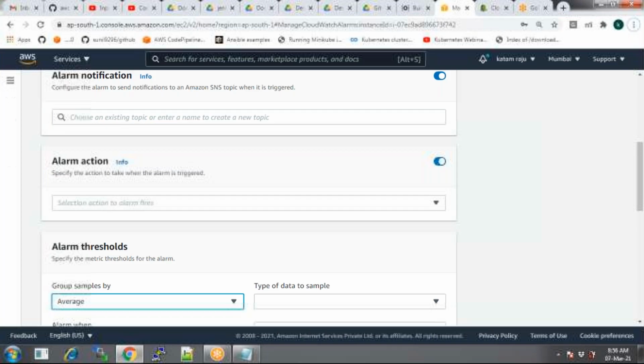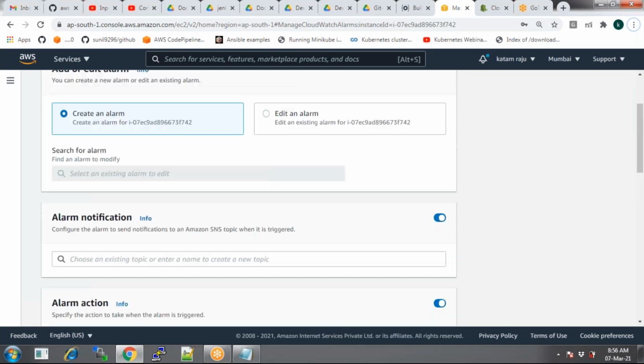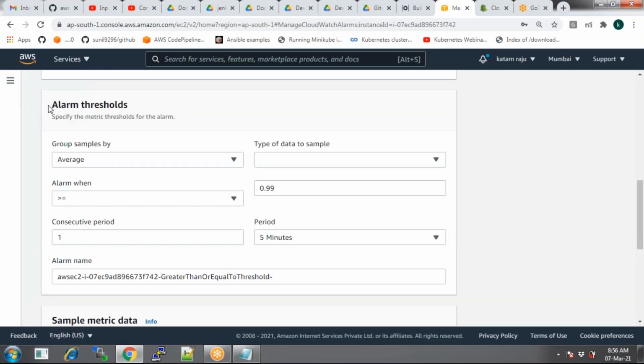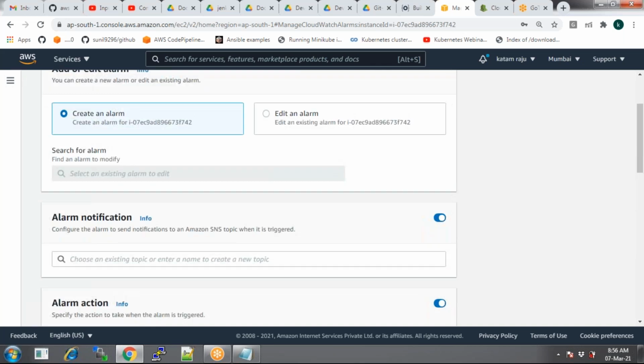Okay. Well, now first I want to trigger some notification. So in what cases do you want to trigger a notification? There you have the alarm threshold. You set up some threshold values. If the value reaches more than the threshold value, then the alarm will be triggered as well as actions will be performed. So what is the threshold value? We'll talk about it. But first, I want to send some notifications.